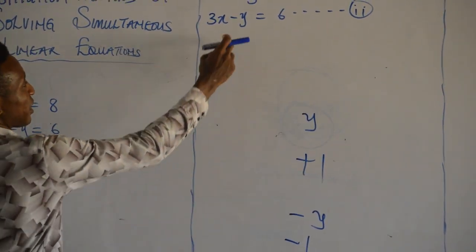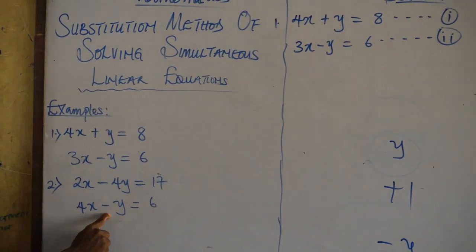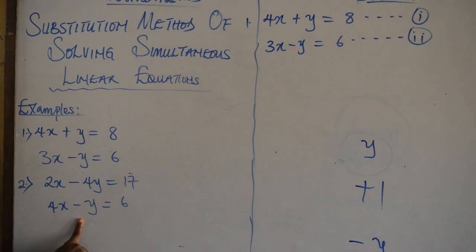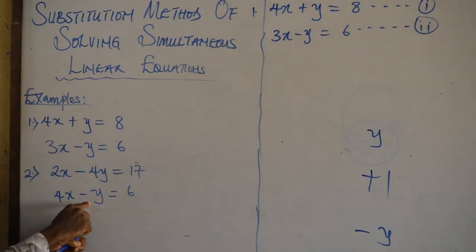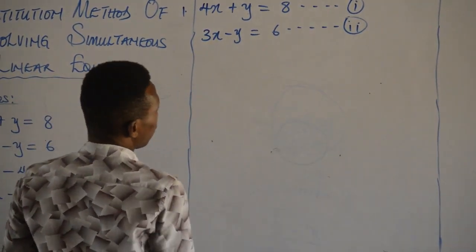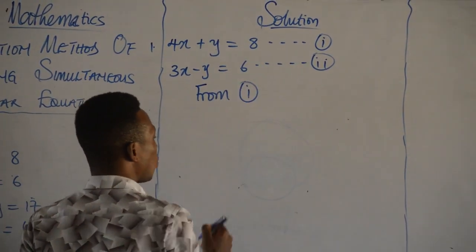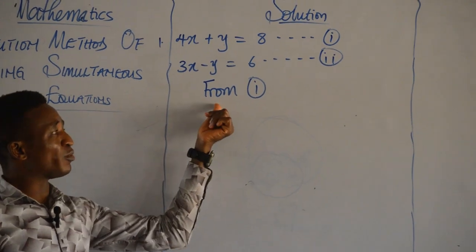Now this one is a positive value, and that's why I'm going to start with it. When you get to question 2, this y has a negative value. Then you will see the way we are going to evaluate it when we get to question 2. Now, still on equation 1,